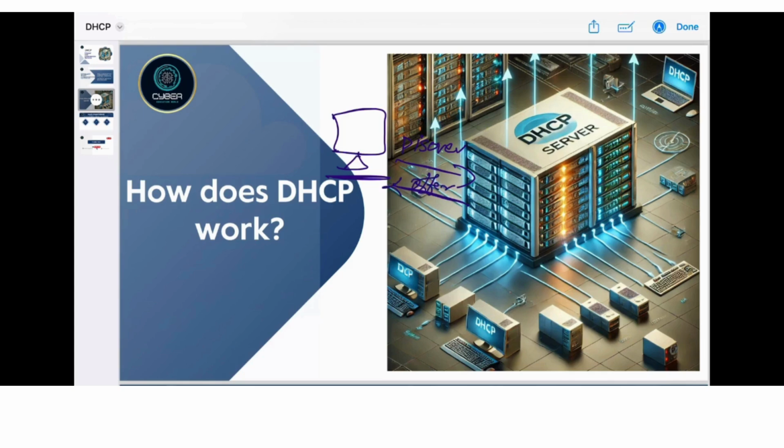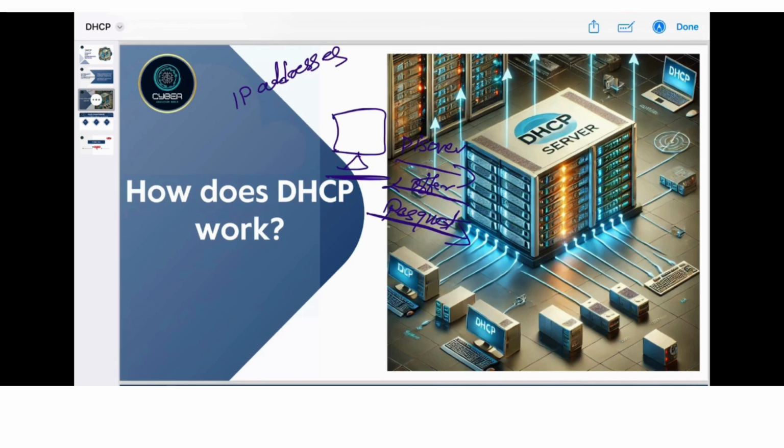The message includes an IP address and other network configuration details like subnet mask, default gateway, and DNS server. The client receives the DHCP offer message and responds to one of them with a DHCP request message, indicating its acceptance of the offered IP address and configuration.